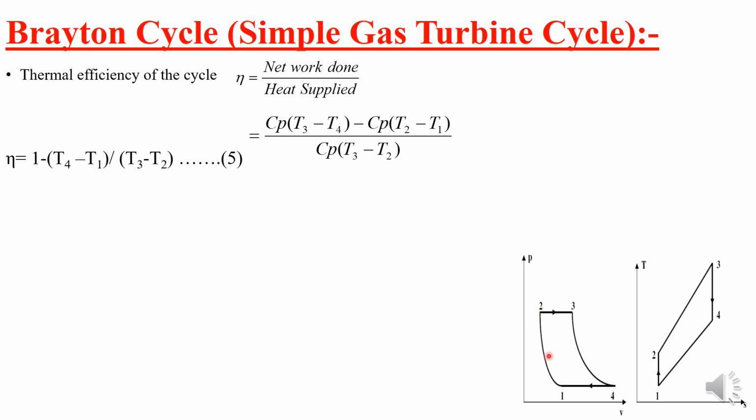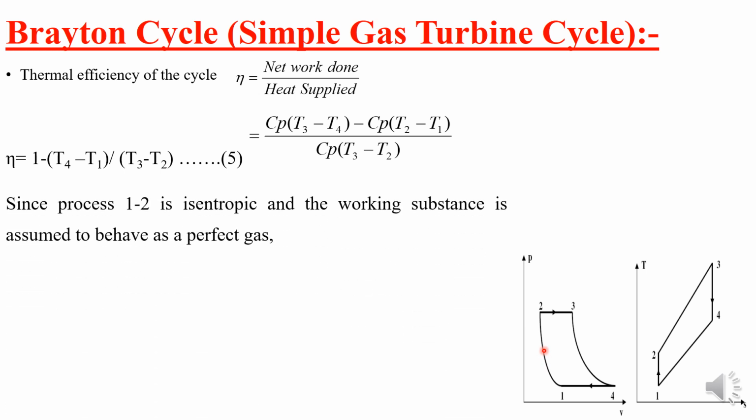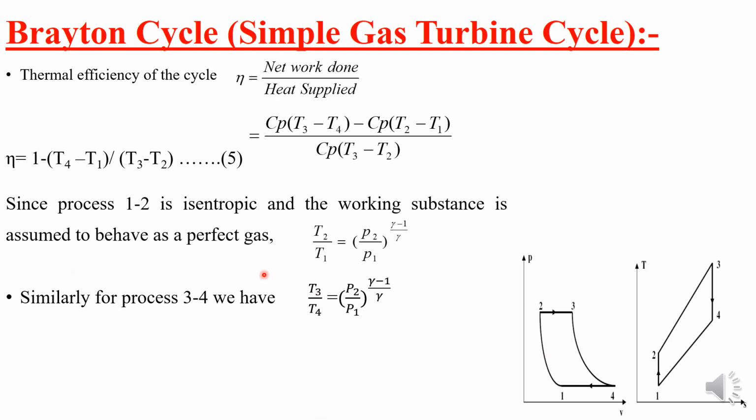T2 divided by T1 equals P2 by P1 to the power gamma minus 1 by gamma. So you can write the expression for this temperature and pressure. Here, T2 by T1 is nothing but P2 by P1 to the power gamma minus 1 by gamma. This is how you can write